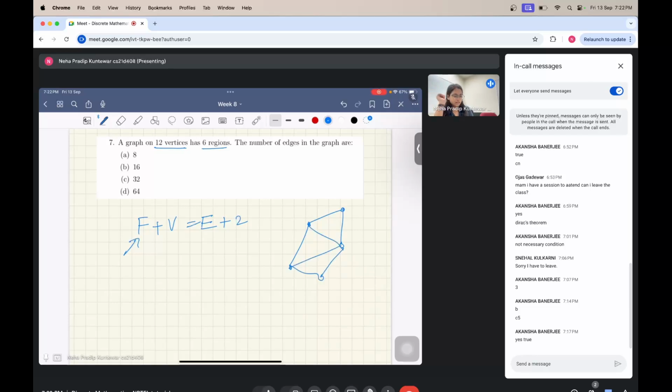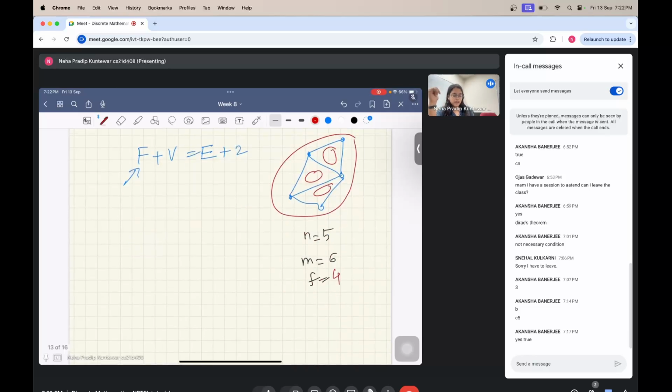Say this is an example where you have n equal to 5, the number of edges is 6, and the number of faces is one here, one here, one here, and the one which is outer. So you have 4 faces here, and notice that if you add up the number of faces and number of vertices,